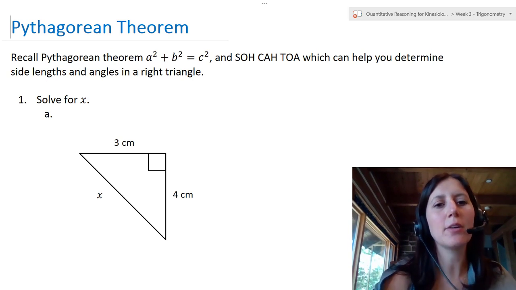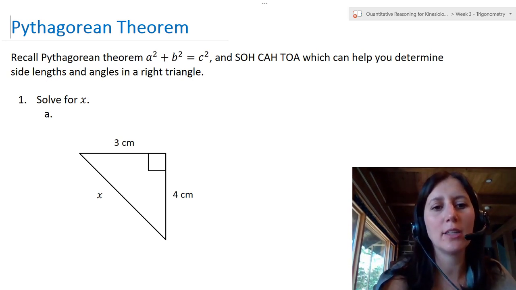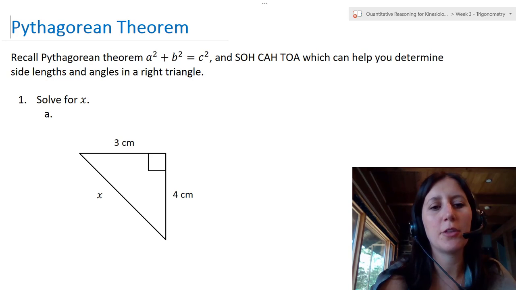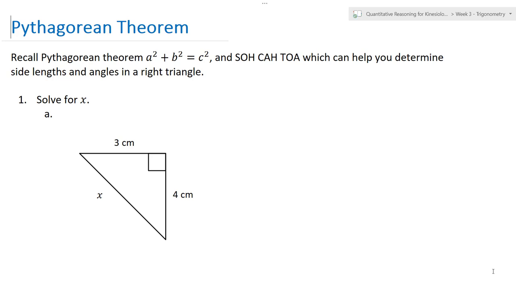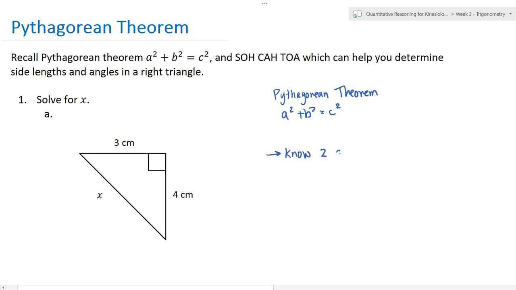Now we use Pythagorean Theorem when we have a right angle triangle and we know two of the three sides of that triangle and we're searching for the third side. Okay, so I'm just going to write that down. Pythagorean Theorem, which is a squared plus b squared equals c squared. So you use this when you know two sides